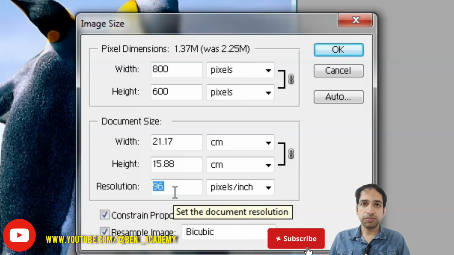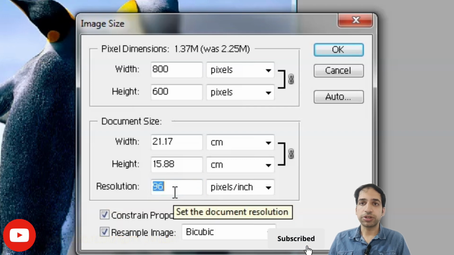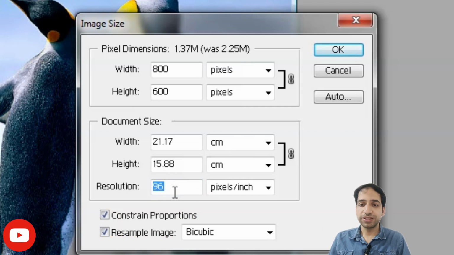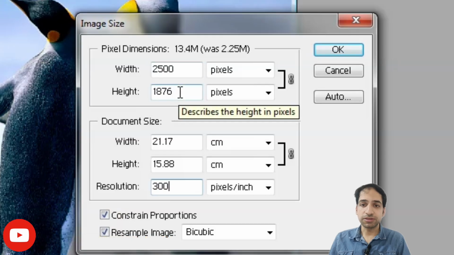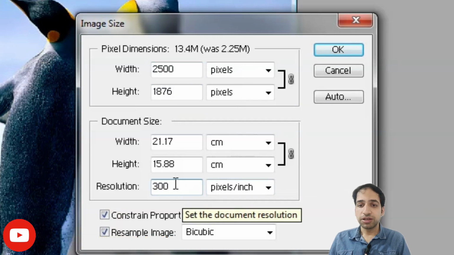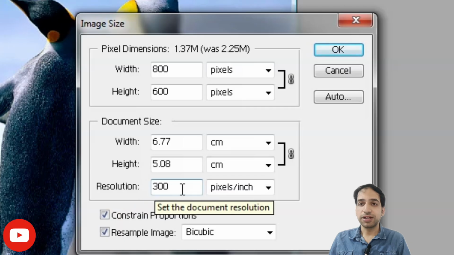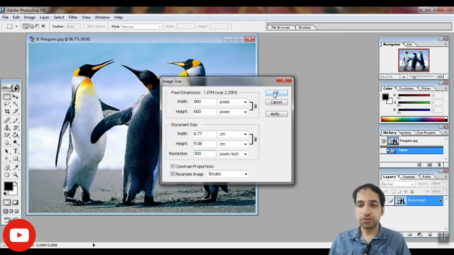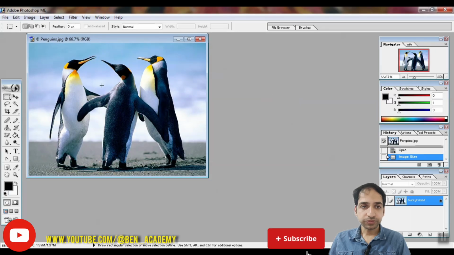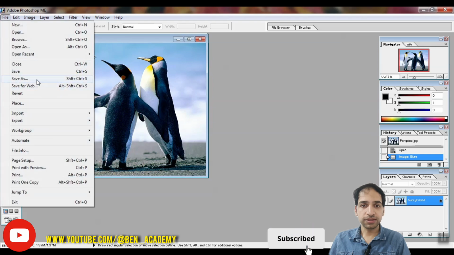You can change it. Suppose the website mentions that resolution should be more than 300. We will see what will happen. If I write 300, I see that the width and height are again increased. So these are related to each other. Again, if I reduce it to 800, I will see that the resolution is maintained at the same value of 300. So after pressing OK, I will save the file